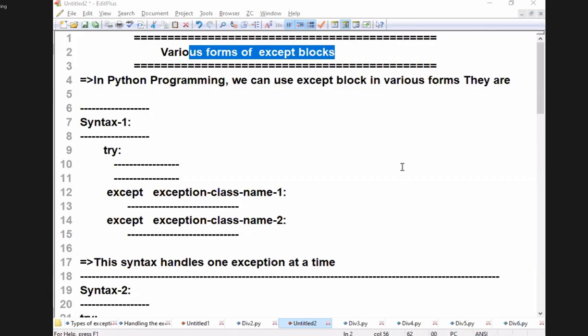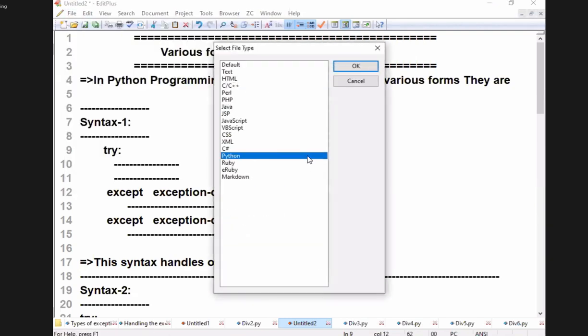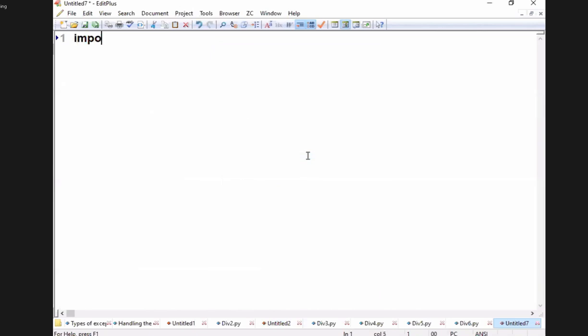Now, within 2 minutes, I will show you. Import getpass. pw is equal to getpass of prompt is equal to enter your password.